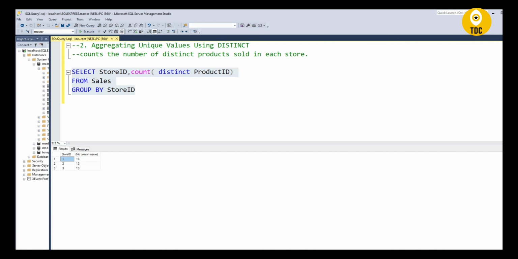Previously it was store 1 is 16, store 2 is 13, store 3 is 13, but these might be repeated products. But if you talk about the distinct products, let's see what the answer is. It is just 777 distinct products. Okay, so this is the second example. And the third example we will take is